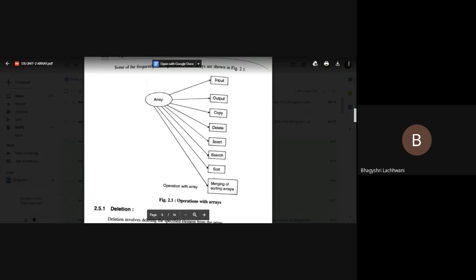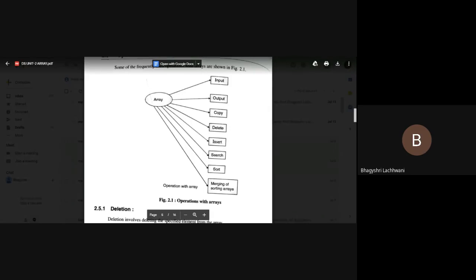Third condition is, suppose you have to insert an element somewhere in the middle. The same logic that we applied for delete applies here. Wherever you have to insert, suppose I am giving you a task to insert at the third location. Whichever element was previously stored at the third location, you have to shift right by one position, so it will be shifted to the fourth location. The fourth element will be shifted to the fifth, the fifth will be shifted to the sixth. So this was about insertion.